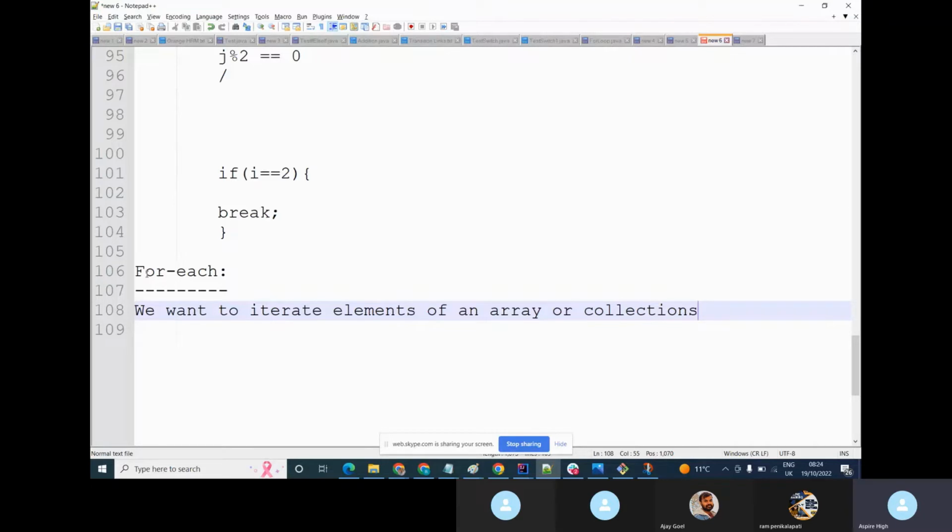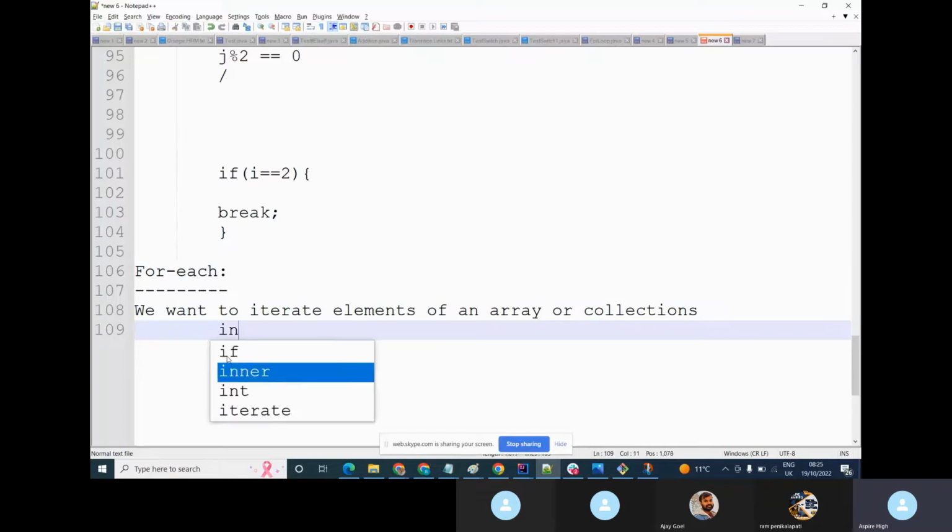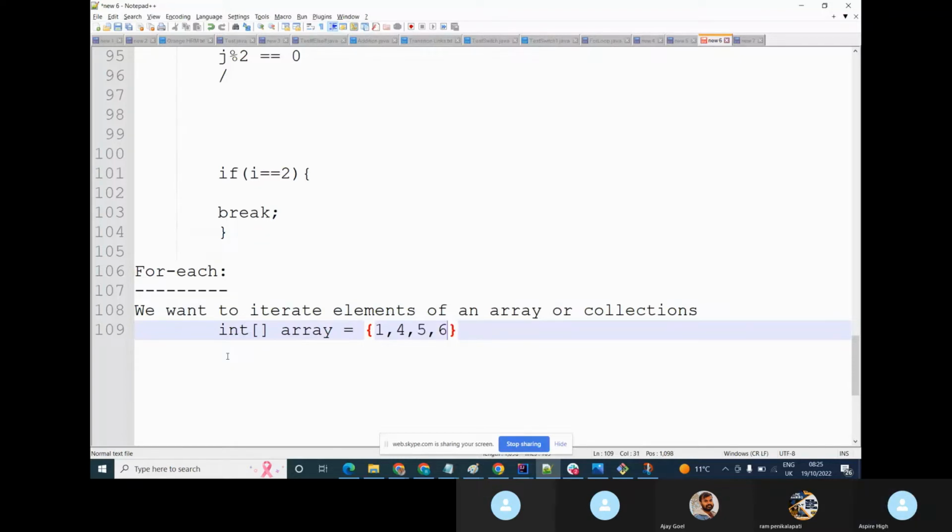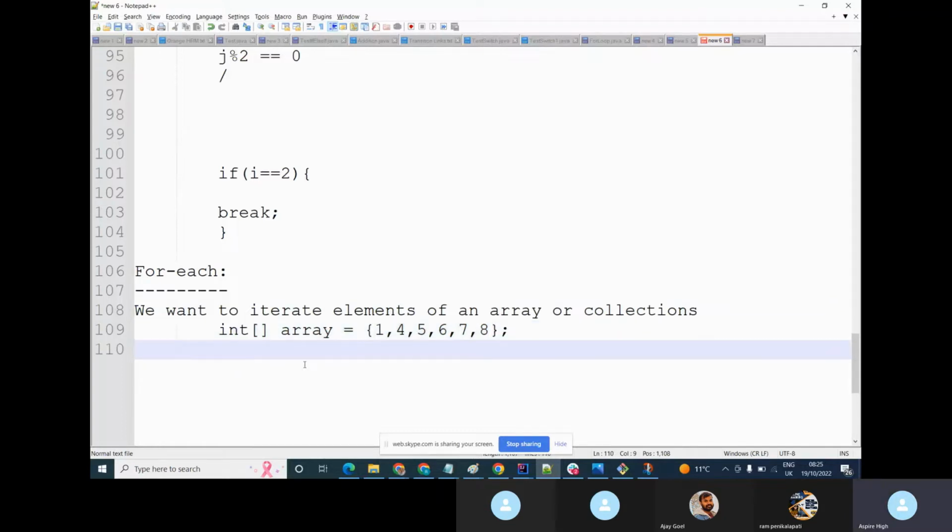Here, if you want to use for each, it should be an array of elements. Only when there is an array do we go for for each. Suppose I have an array, int array is equal to, can I declare it like this in a single statement? If I want to iterate and print these numbers 1,